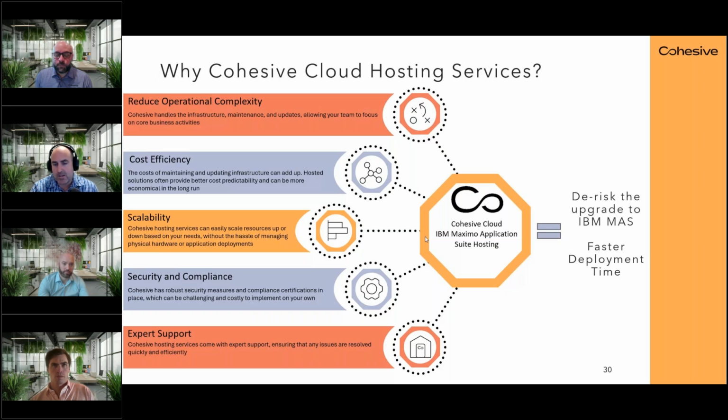And then lastly is expert support, right? How are you going to support this system? There's a lot more challenges when it comes to OpenShift. Just from a technical perspective, troubleshooting is completely different. The log files are in different locations. So Cohesive Hosting Services, and Cohesive as a whole, provide expert support, ensuring that any issues are resolved quickly